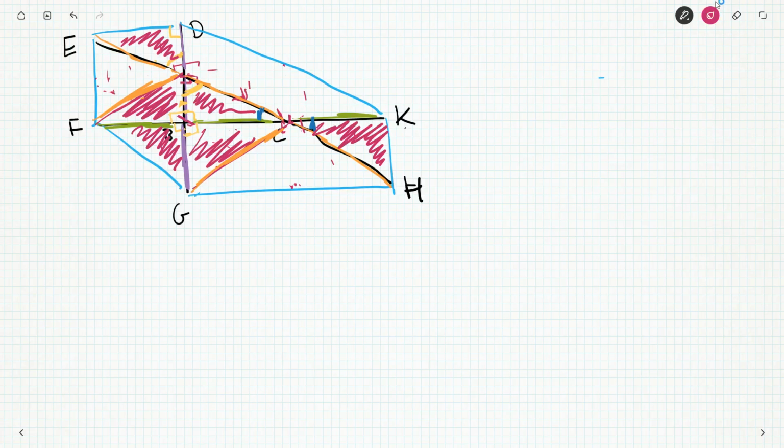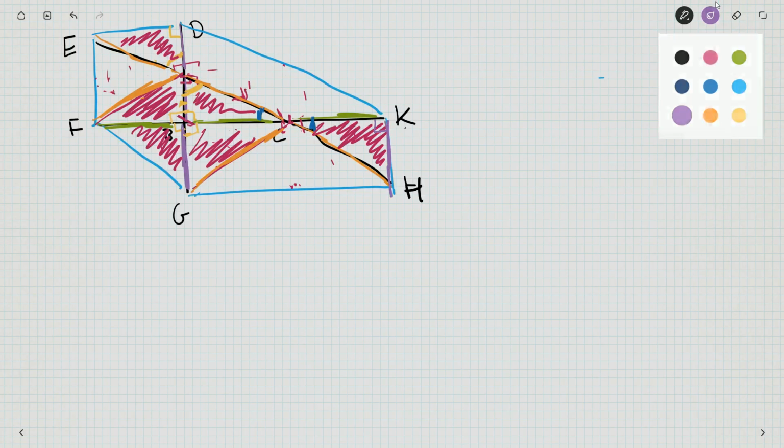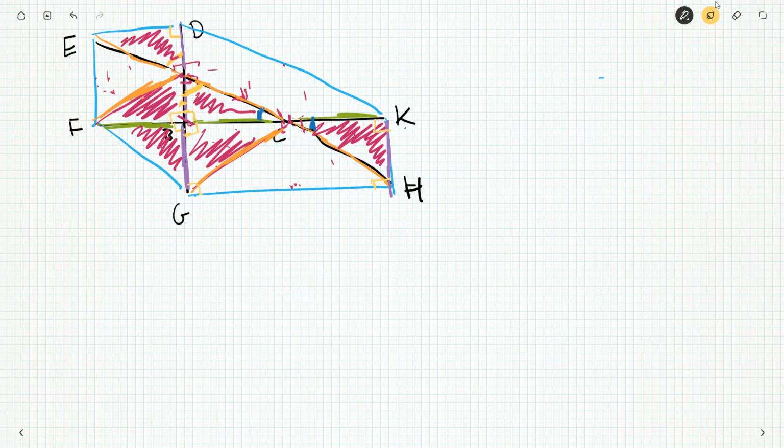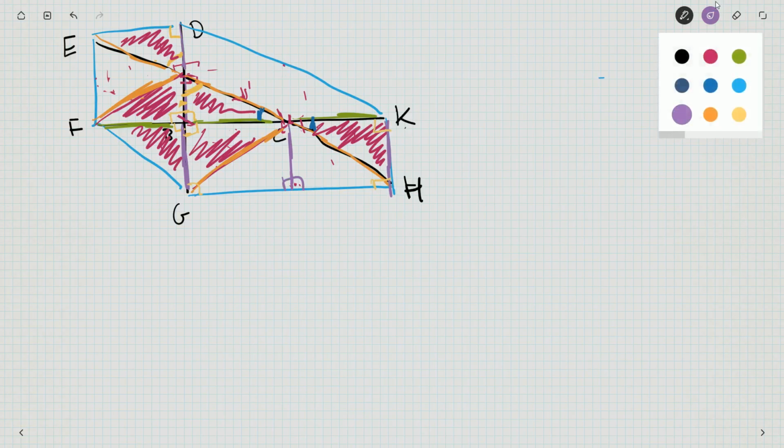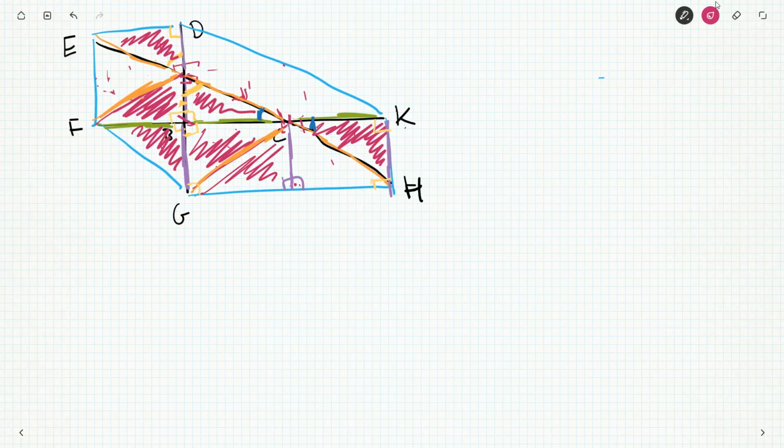Now, what else are we to do? So that means that this line here is purple, and we've got a right angle here. So that means G and H is a nice little horizontal line. So I can drop down a perpendicular, and this is also going to be the purple. And so once again, side angle side will get you these are the same. Now how about anything with the D and the K? Well, DBK